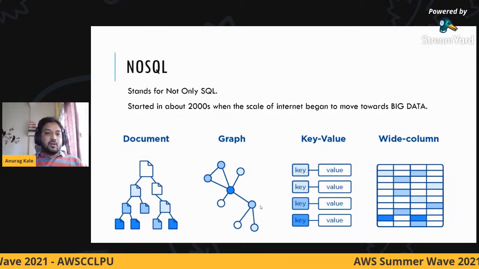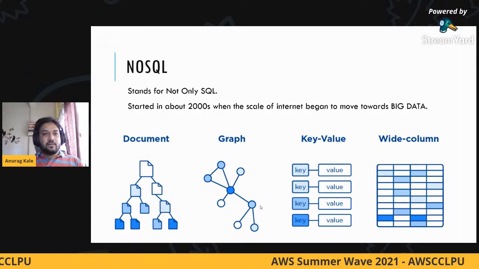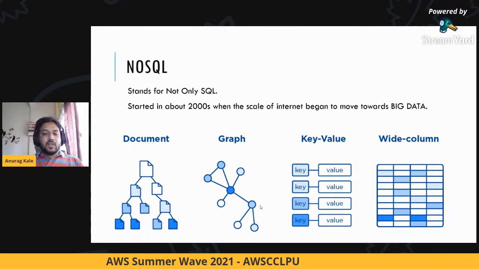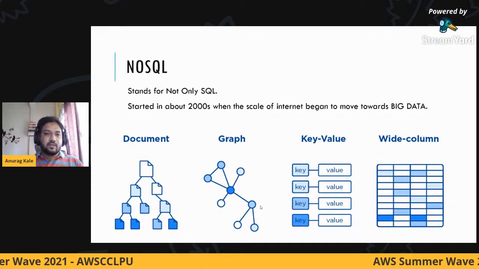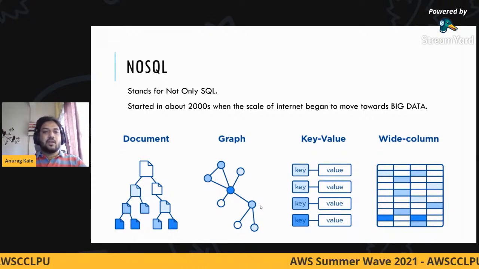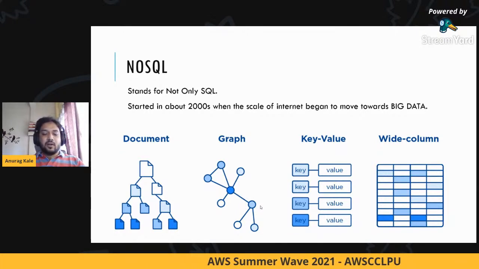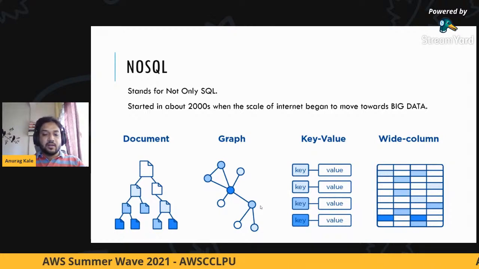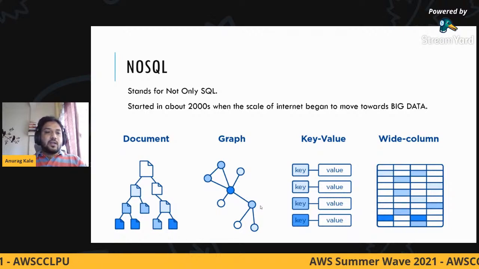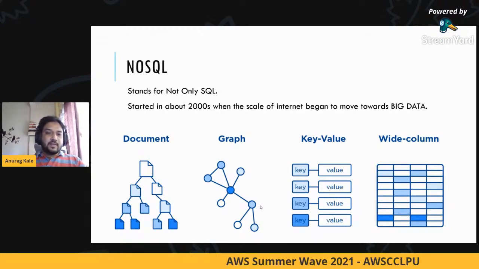The third type of NoSQL that we have is document DBs. A very good use case of document DBs is, let's say, whenever you are searching for an item on Amazon. If you say, okay, I want to get the book The Alchemist, and you search Alchemist, you see multiple values on the screen.